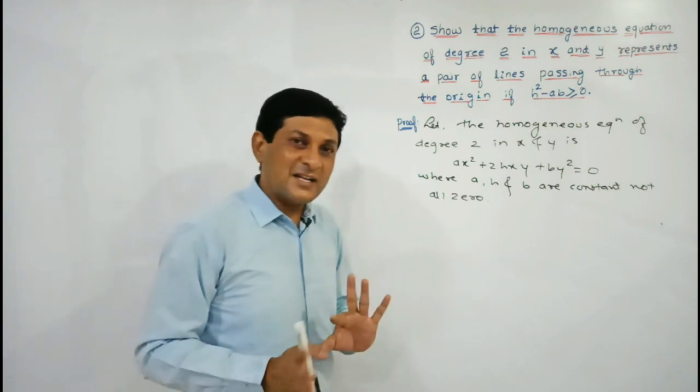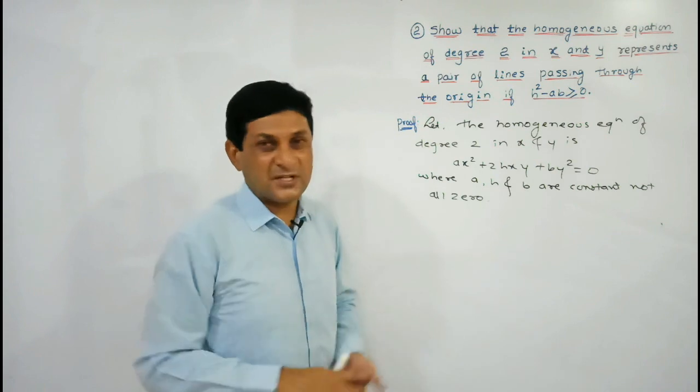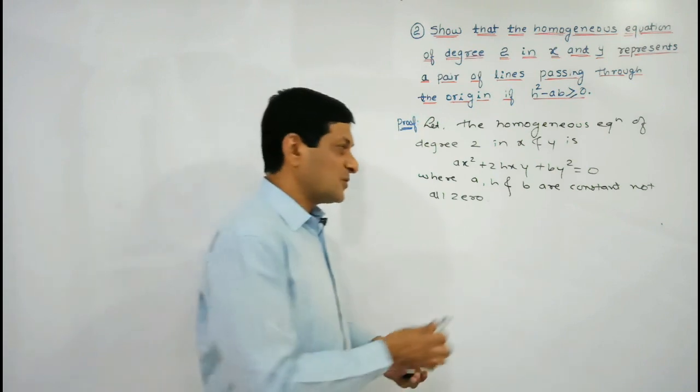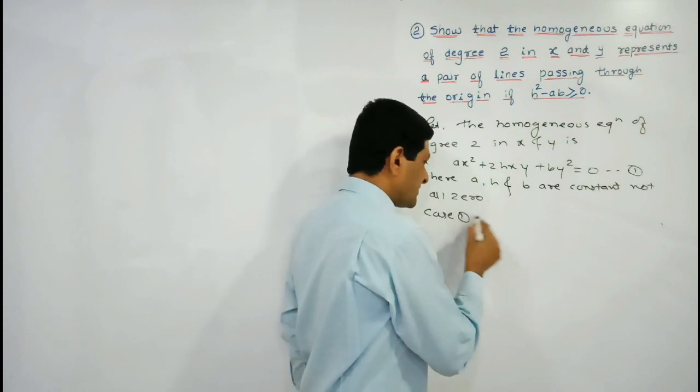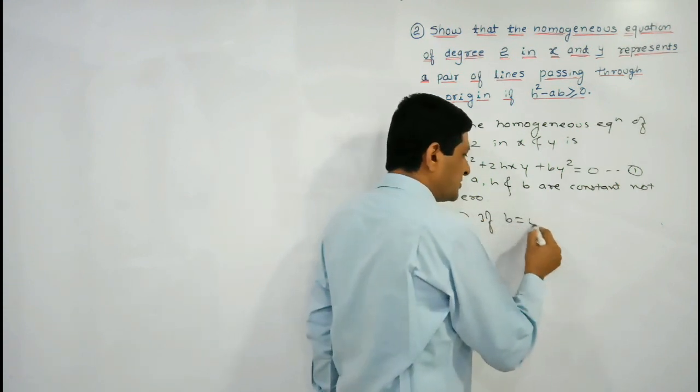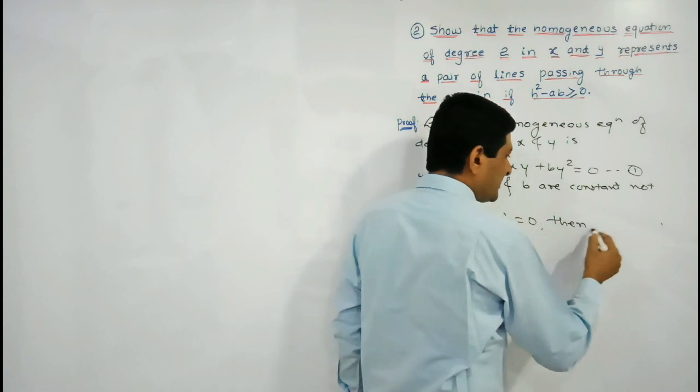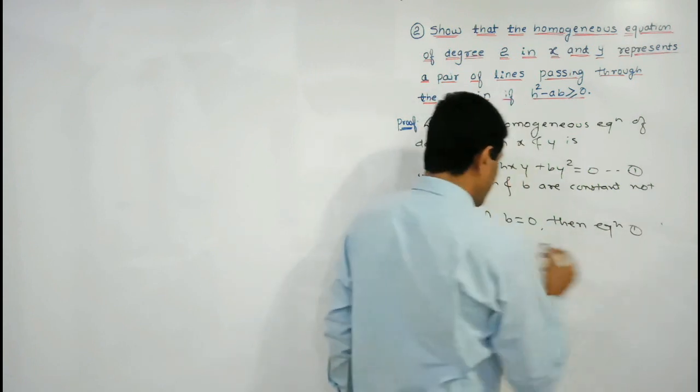And in remaining cases we can say that this equation represents pair of straight lines. So case first. Now consider case first. Case first, if b is equal to 0. If b is equal to 0, then equation first becomes,